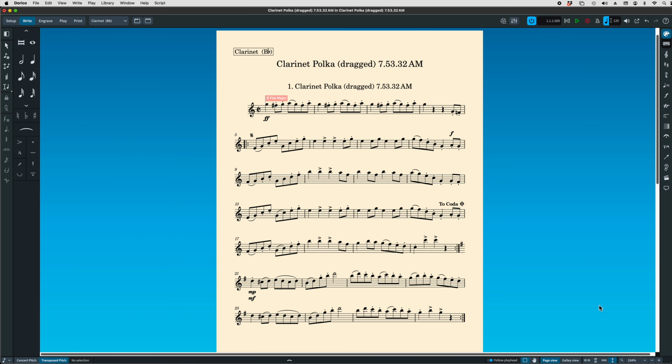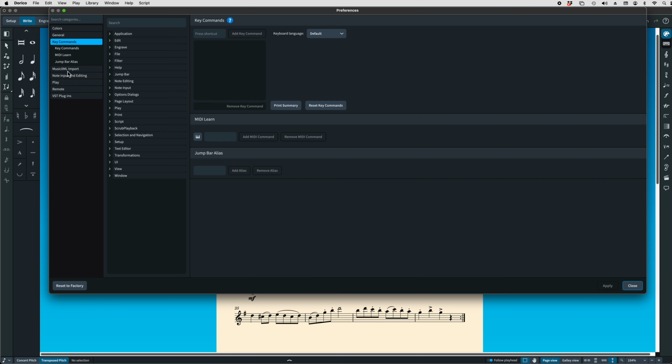Now we want to assign that a specific shortcut so you can actually use it. How do we do that? Well, on a Mac, which I'm on, you can go to Dorico, under Preferences, Key Commands. Now, because we saved that new paragraph style Loud as a default, it's actually going to show up in our key commands